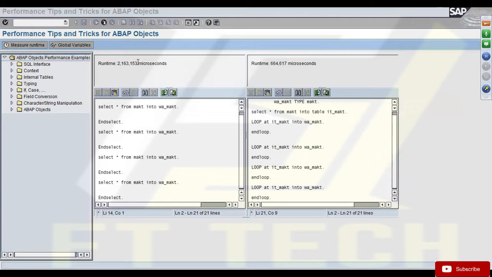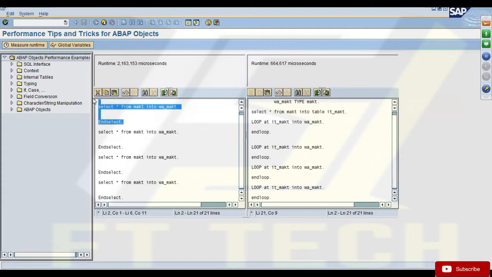Right? So that's why we always use internal tables. We no more use these select and endselects. It's kind of obsolete now. Earlier, there were some limitations with internal tables, so in older programs, you would still see a lot of select and endselect code. But right now, we don't use select and endselects. We always use an internal table.